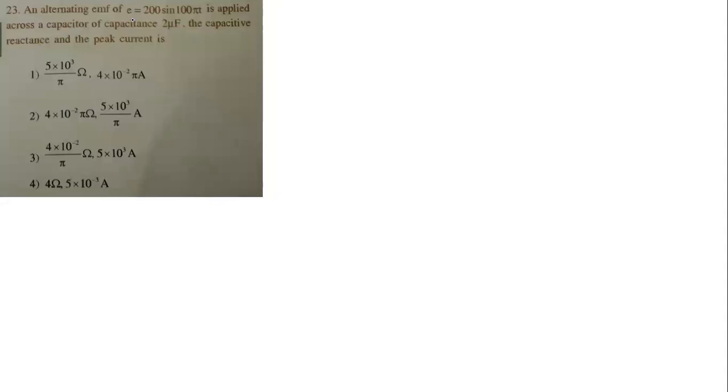An alternating EMF is given to us. Let us write the EMF. How much EMF is given? E equal to 200 sine 100 pi t, applied across a capacitance C equal to 2 microfarad. They're asking you the capacitive reactance and peak current. Capacitive reactance means XC we need to find out, and the peak value of current we need to find